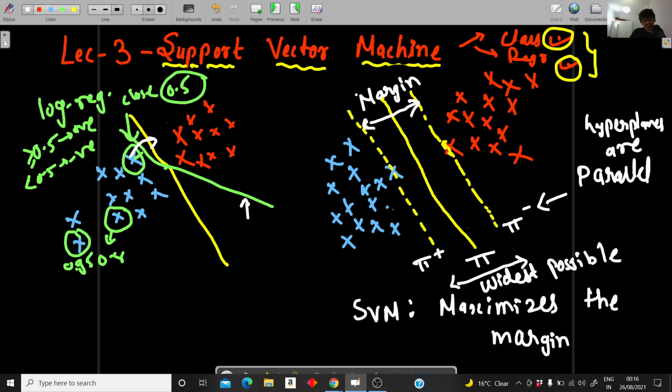And intuitively, why is this parallel? Because we know that between two lines, only if the lines are parallel will there be the maximum distance between them. If the lines are not parallel, somewhere at some point they will have the minimum distance, and we don't want this, because the main principle behind SVM is to have the maximum margin, and that's why we are using parallel planes, and it has to be parallel. So mathematically, parallel indirectly signifies that the margin is maximum.